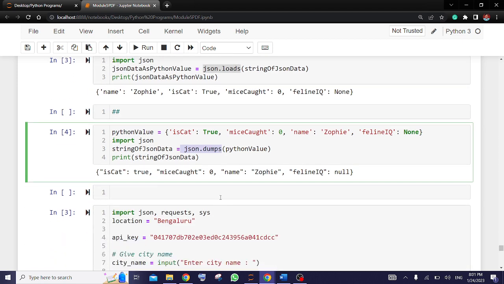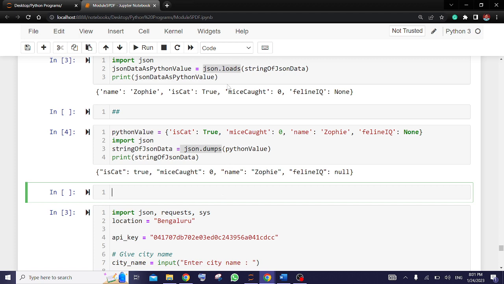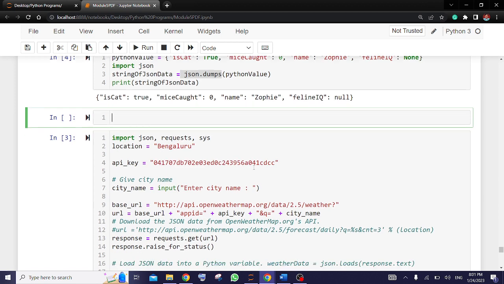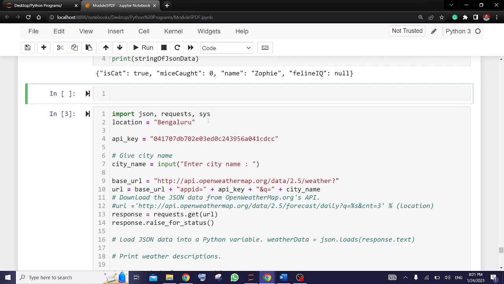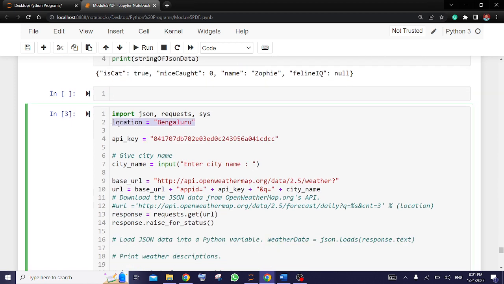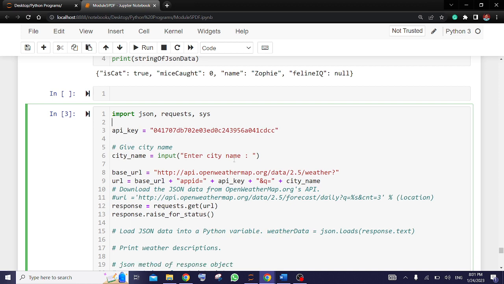And there is one very important application of this JSON. If I tell you only theory, you will not understand, so let me take one simple example. This is a program where it will ask you for a city name, and this city's weather report it is getting from